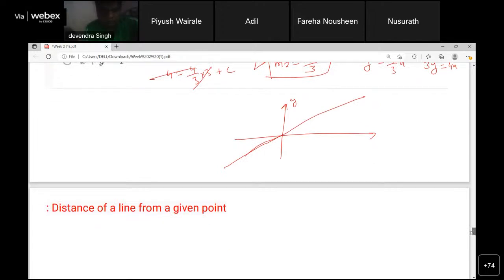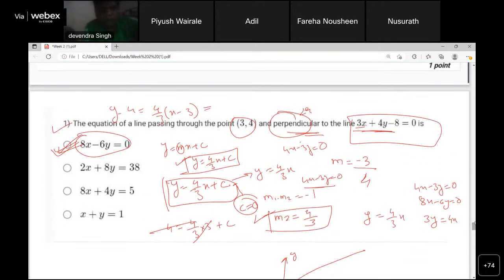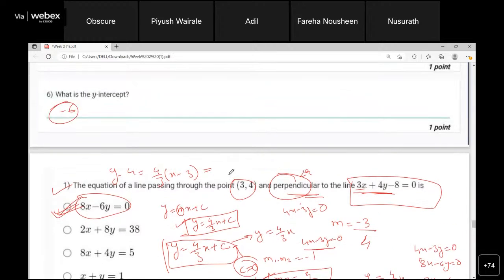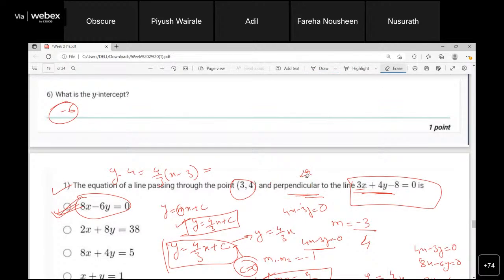Can you explain from that slope m2? I couldn't understand what you did after that. Okay. In the question, it is mentioned that the equation of a line passing through the point and perpendicular to this line. So we have to find the equation of a line which is perpendicular to this line and passing through this point, right? For that, we have four ways to find the equation of a line, but first we need to find the slope. We know the slope of this particular equation, that is m equals minus 3 by 4.